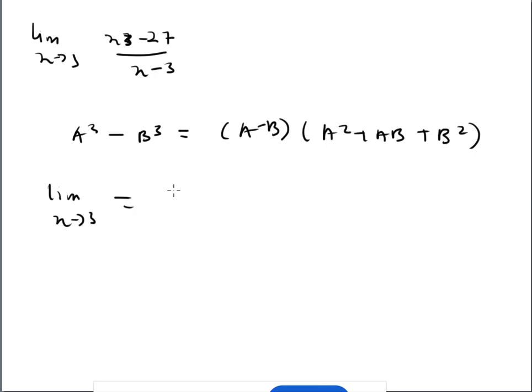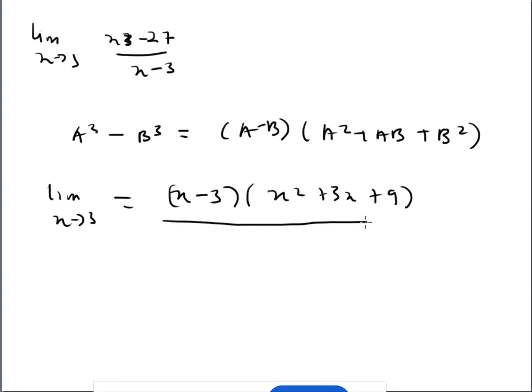Our a is x and our b is 3, so we have (x minus 3) multiplied by (x squared plus 3x plus 9). We divide this by the factor we've been given in the question, x minus 3, so we cancel out, and we get the limit as x approaches 3 to be equal to